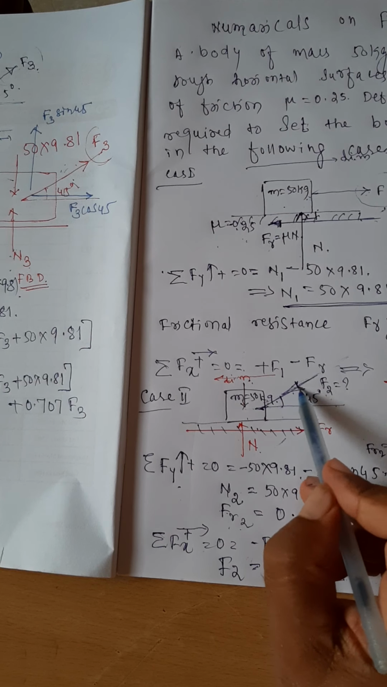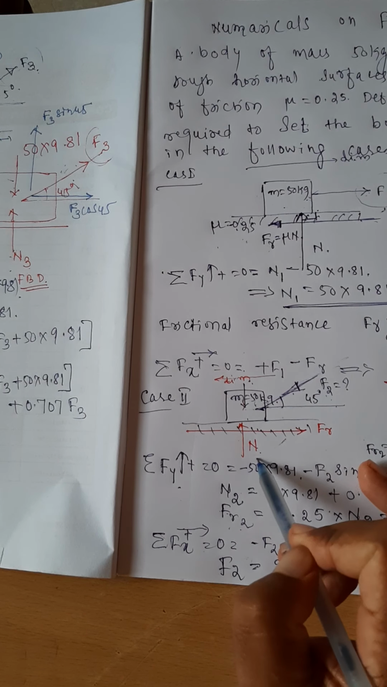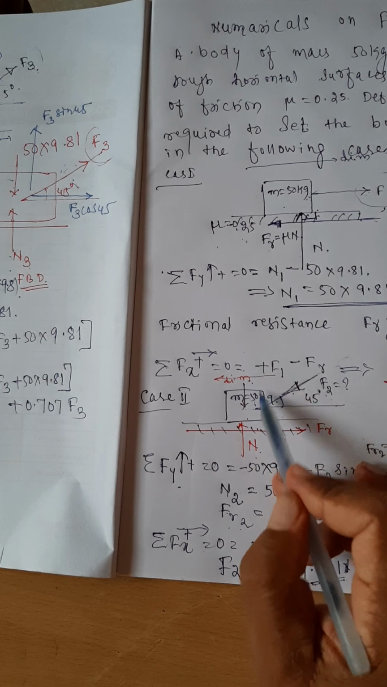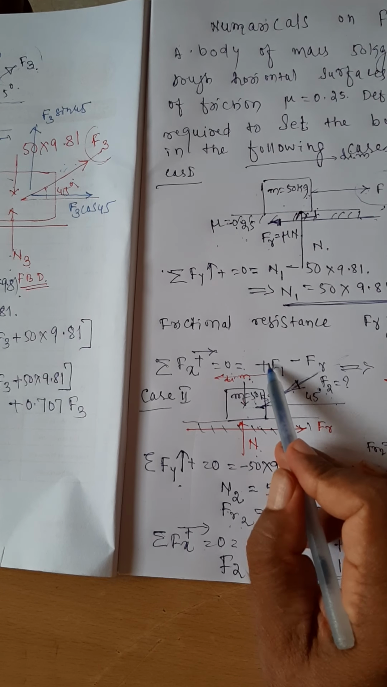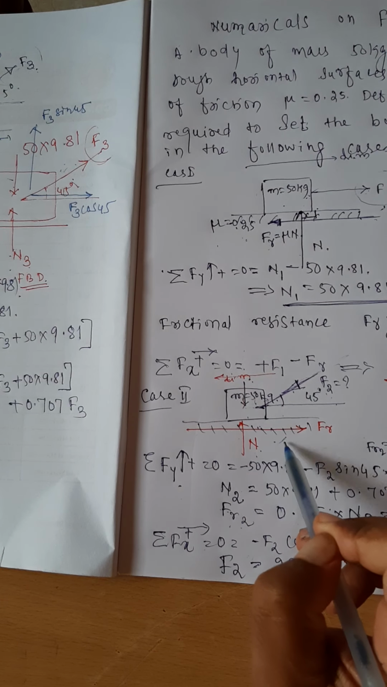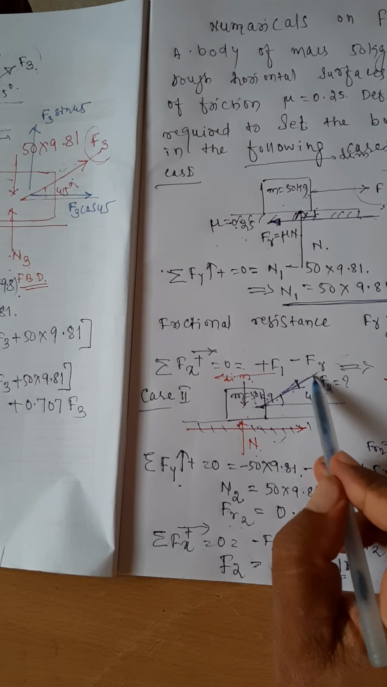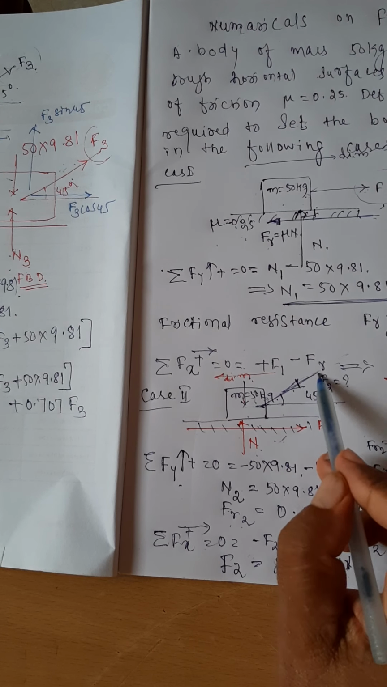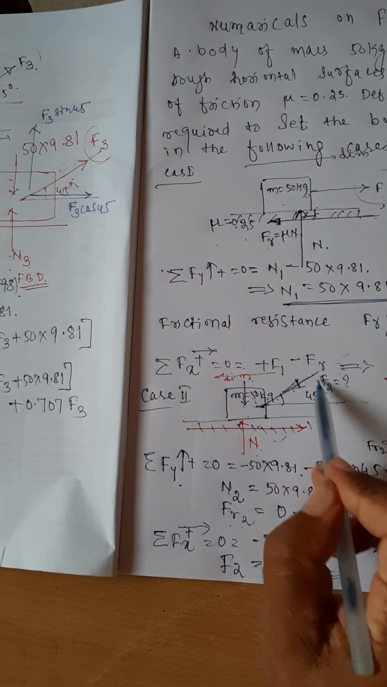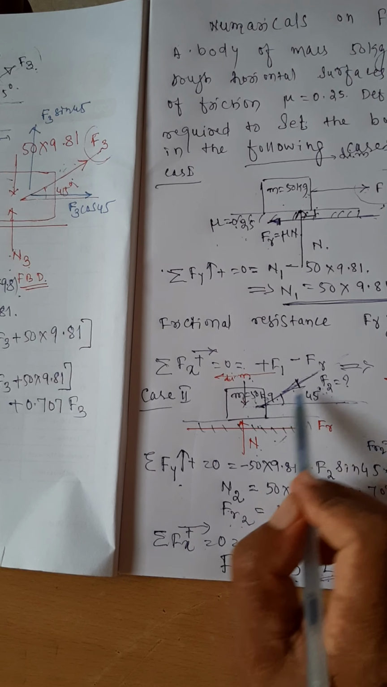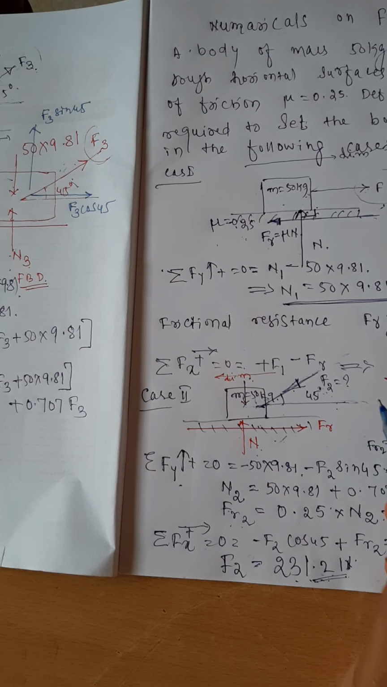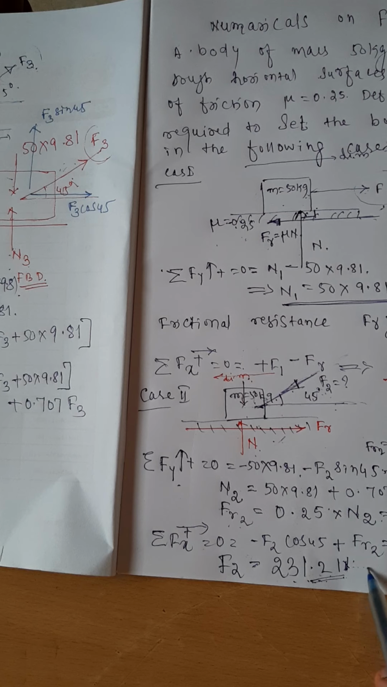One component of the F2 is adding to the normal reaction. It is increasing the normal reaction. That is why frictional resistance is increasing. And some component of the F2 is reduced here. Force which is setting the body in motion is reduced here. That is why here it requires the maximum force to set the body in motion. And in the last case,